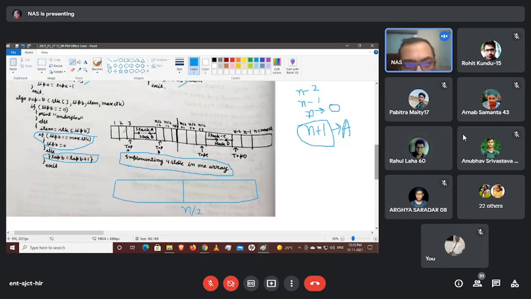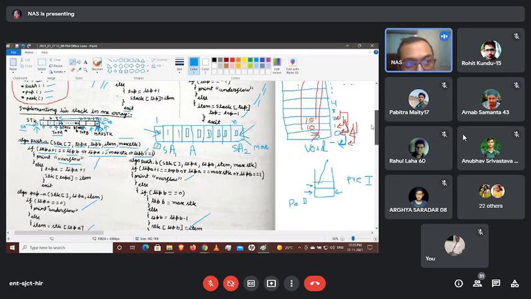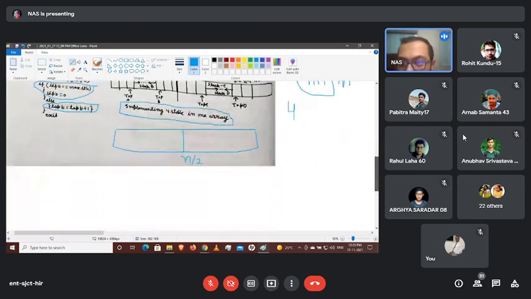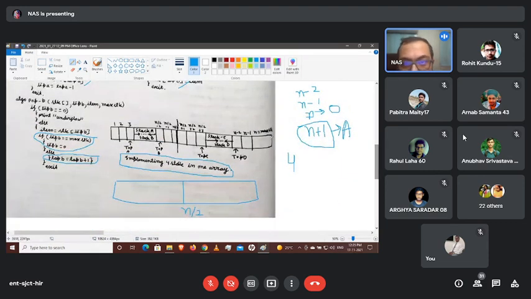So now look at this particular image. See, if the total size is from 1 to n, we are implementing 4 stacks. The easiest way, because we already know how to implement two stacks in one array, will be dividing the total array into half, so it becomes much easier for us. Then we can implement two stacks in one array here and two stacks in one array here. Since we are starting from 1 to n, we divide at the n/2 position.